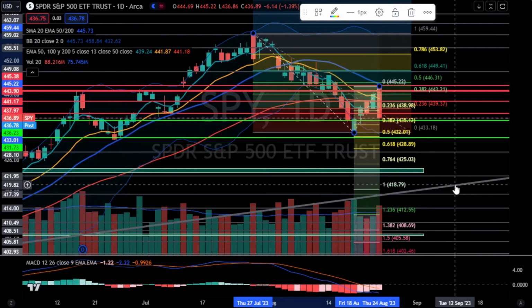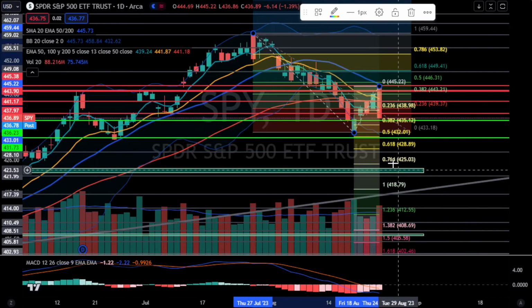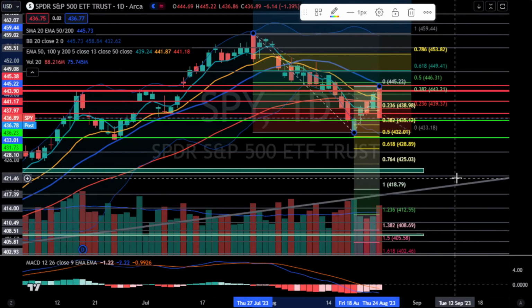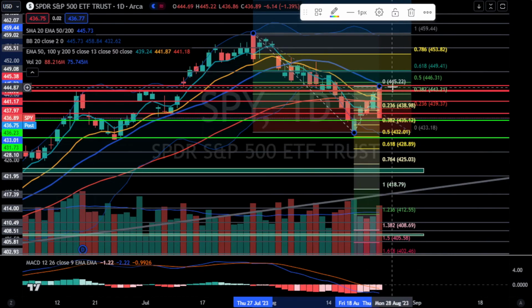The black line you see here is the bull trend line going back for a very long time. So if this is just an A, B, C type corrective wave, then we'd likely come back down to the 420 area. But the one thing you never know about waves is, are we in an ABC corrective wave, or is this a 5-wave down? And if this is a 5-wave down, the third wave is the largest wave. It's not typically equal to the first wave, which means you would likely come down further and maybe fill a second gap around the